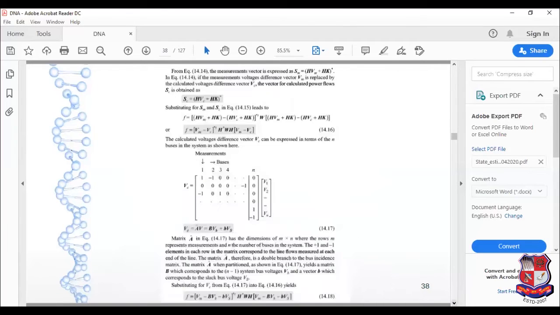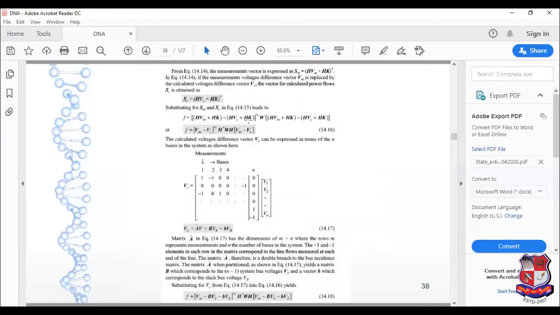So the same thing we have written, that Sc calculated is equal to H into Vc plus Hk. So now in terms of Vm, we can write HVm plus Hk, while in terms of the calculated value, it is HVc plus Hk. Same thing we can write for the transpose as well as for the simple matrix. Now the beauty of this equation: when we substitute the values of Sc and Sm in terms of H into Vc and H into K, the Hk and Hk have opposite signs, hence they will cancel out each other.